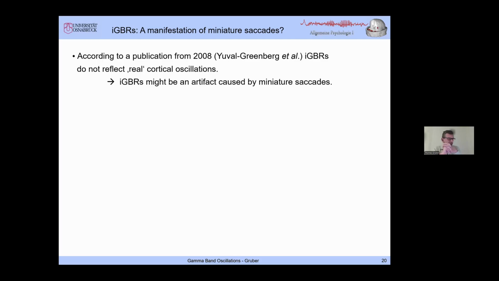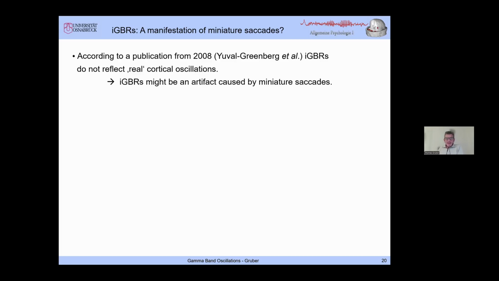What happened in 2008? If you saw these results I've shown you so far, it's implicit memory, it's retrieval, it's encoding, everything. Everybody was quite excited about these gamma band responses. It was really a hot topic, so to speak. Everybody said, oh yeah, with gamma band responses, you can do a lot. You can really do brain research with this response. And then there came out a publication in 2008 by Yuval-Greenberg, and they claimed,